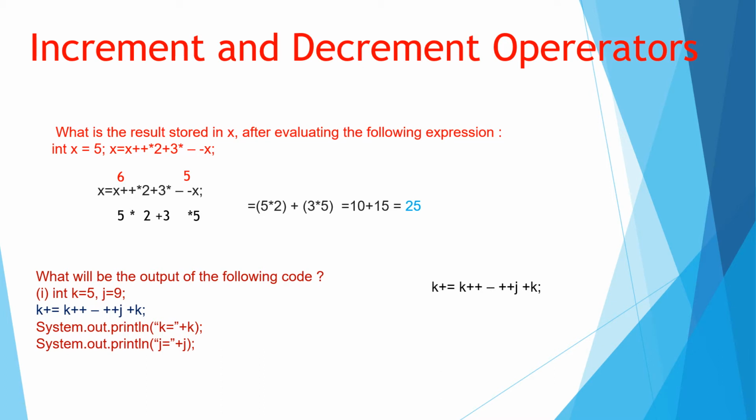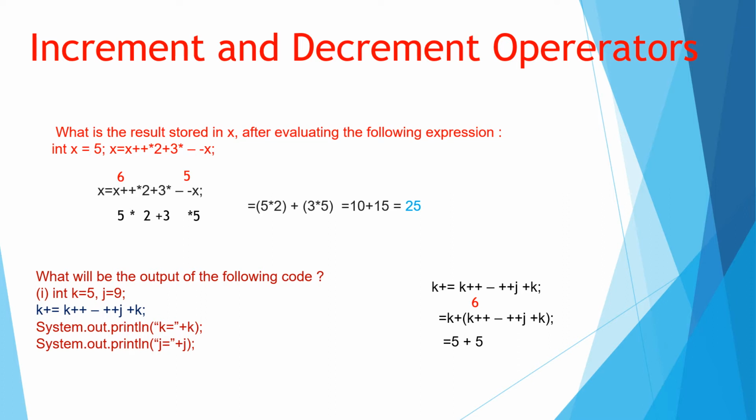First, bring the plus sign. It is k plus, so we have to bring it to the right hand side. So first the expression will be written like this: k plus k++ - ++j + k. So now k plus is the original value. We are not having increment or decrement here. And now k++, this is postfix. So first we will use it and then we will change the value.